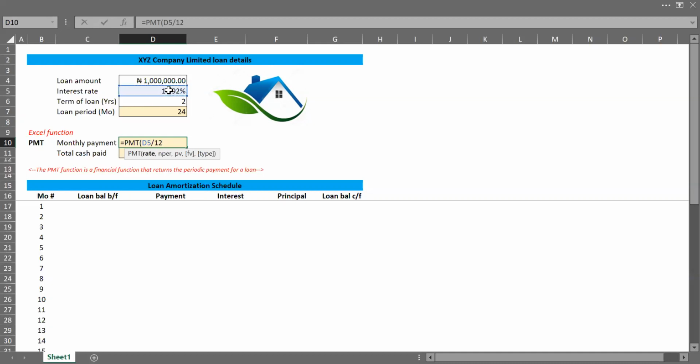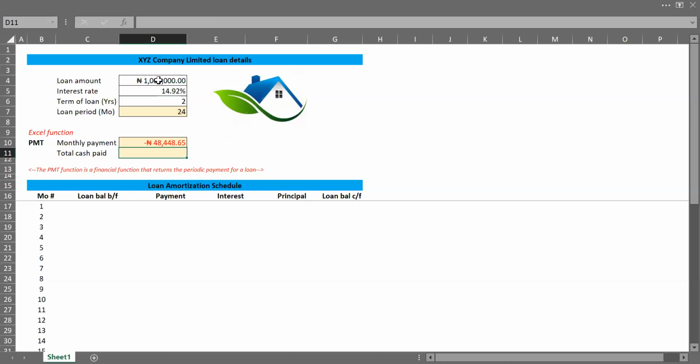Divide by 12, comma, number of periods for repayment, 24 months. Select 24 months, which has already been converted, that is 12 times 2, comma, our present value, which is the loan amount, 1 million naira. Select 1 million naira, comma, our future value is 0, and payment is timed either at the end or beginning of the period. So we're selecting the end of the period, which is 0 as well. Close bracket. So for a loan of 1 million naira, XYZ Company Limited is meant to pay